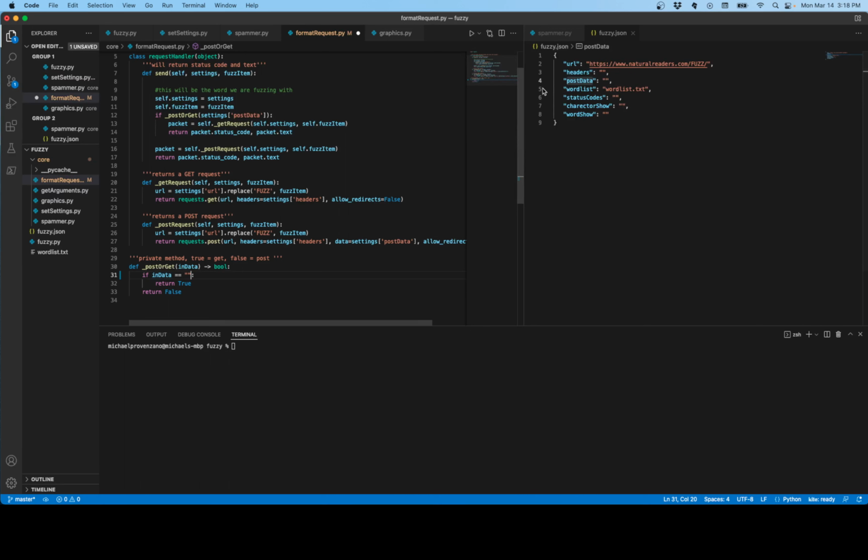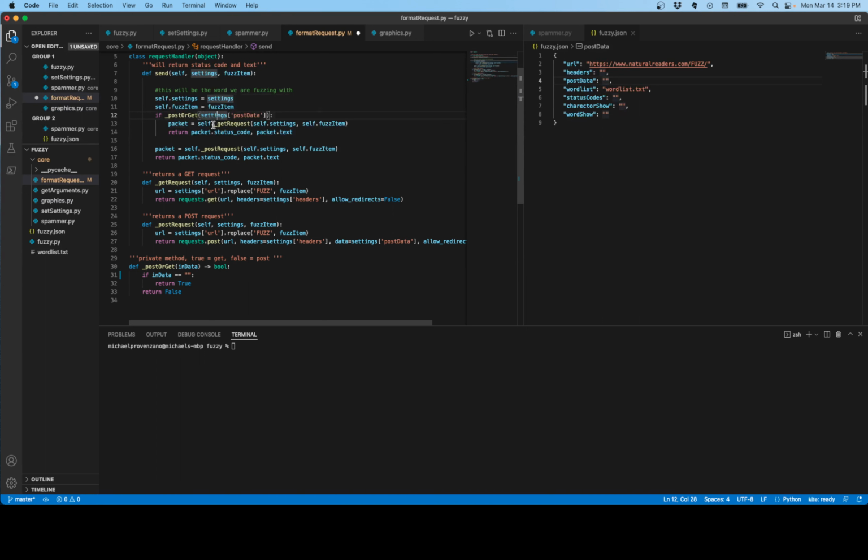So if there's nothing in the data that we're specifying, if there's nothing in this function, then we'll return true, because if it's a post request, then we'll probably add something here. I messed that up, sorry. So if get or post, if we pass this into this, if it's equal to that, then we'll return true. If it's not, then it will return false. So if true,